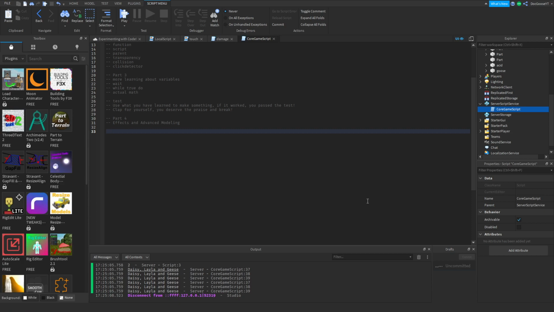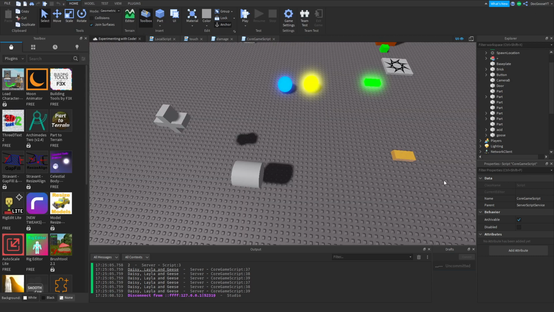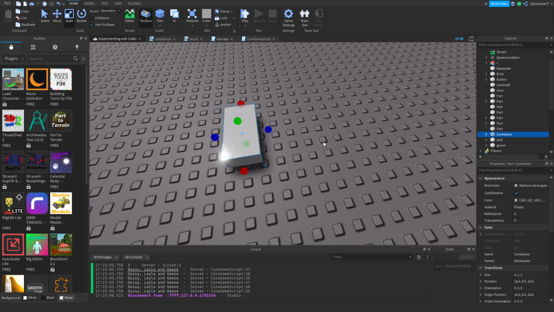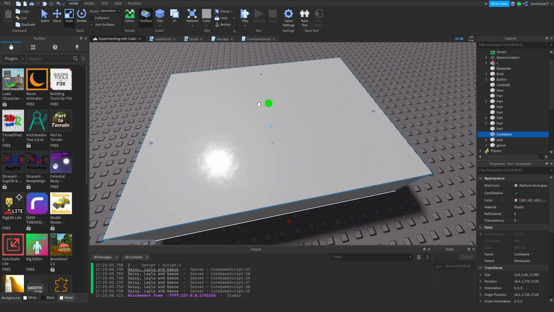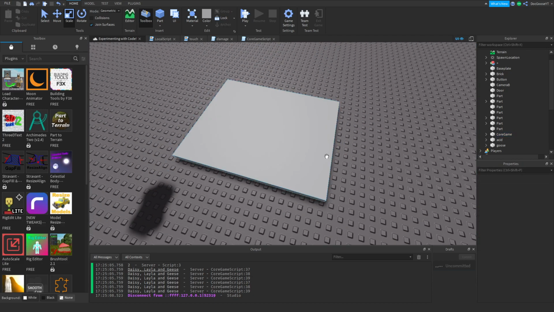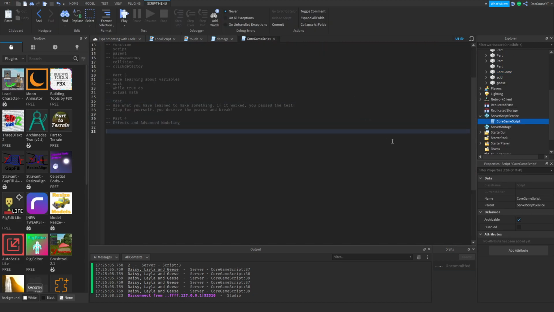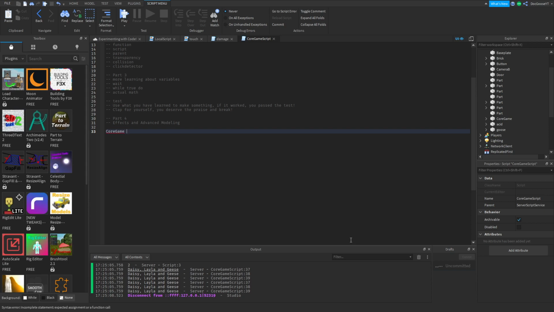And now we'll move on to actual coding with blocks, okay? So let's say we wanted to get this part. Let's name this our core game. Let's say we wanted to make it so this part was non-collidable. What we'd do is we would use this script. We would get a variable to make things easier for us. Let's name our variable core game equals